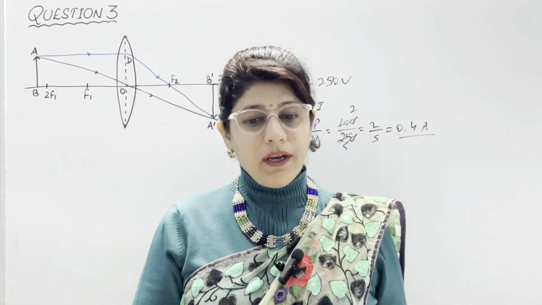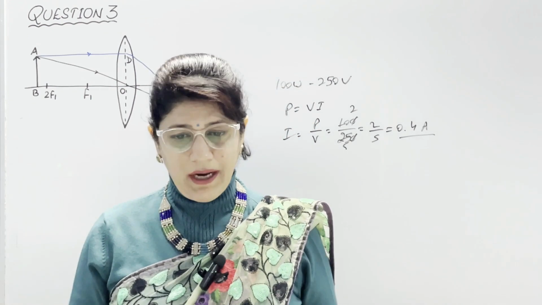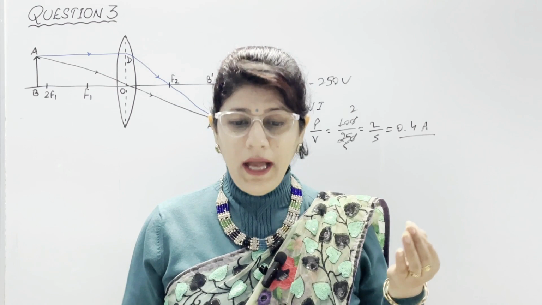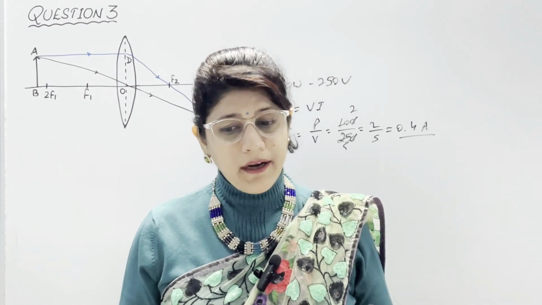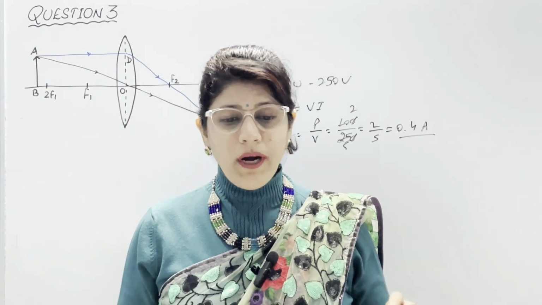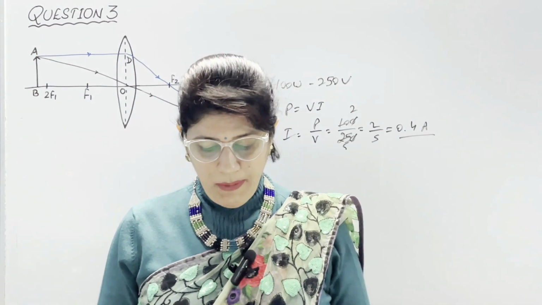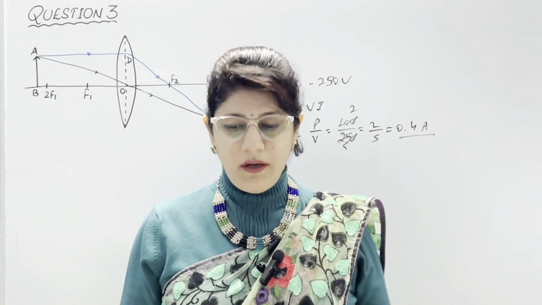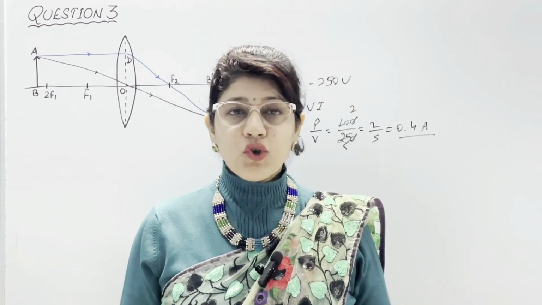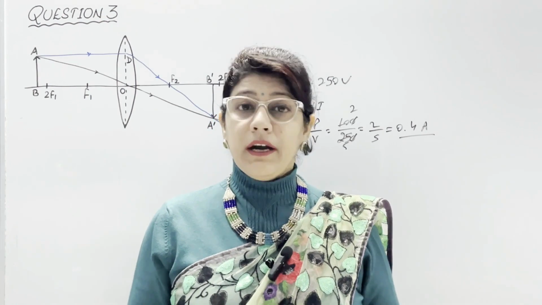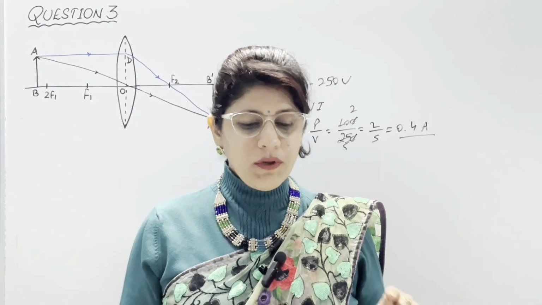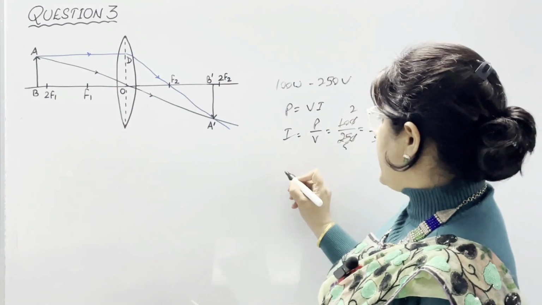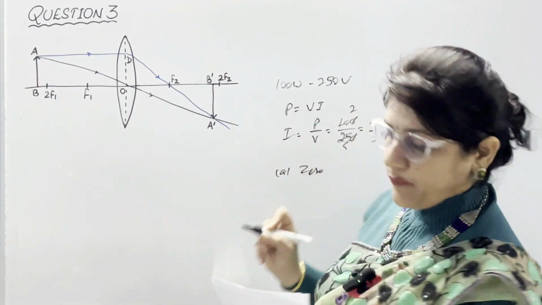Now in third part, when a current carrying conductor is placed in a magnetic field, it experiences a mechanical force. What should be the angle between the magnetic field and the length of the conductor so that the force experienced is, A part, 0? In order to experience 0 force, the conductor should be parallel to the magnetic field. That is, the angle between the length of the conductor and magnetic field is 0. So in A part, our answer is 0.